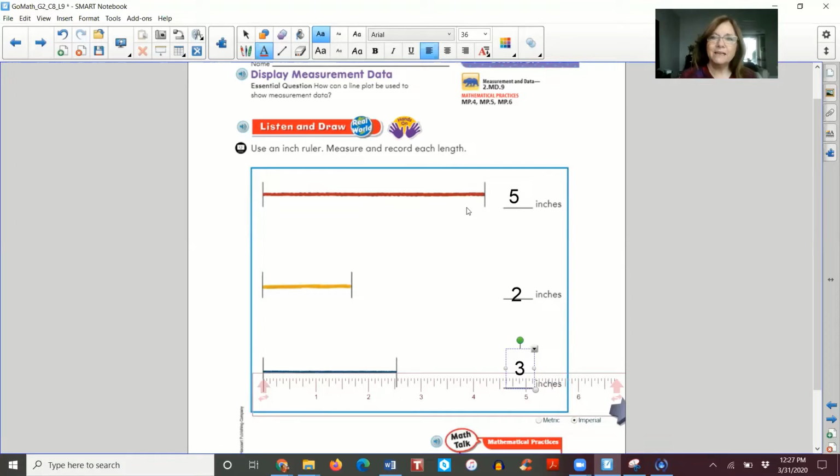So you might get a different measurement at home, but the important thing is that you line up the very end of the string with the 0, or the very beginning of your ruler. On this ruler, the inches start right on that very first line, right there. That's where you want to line everything up. Okay, so going on to the next page,